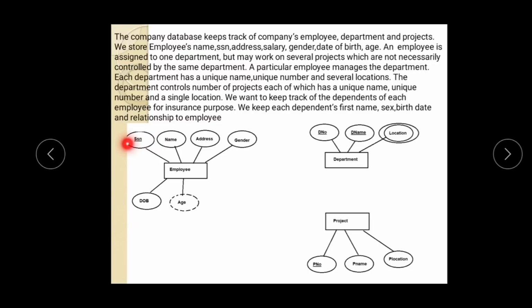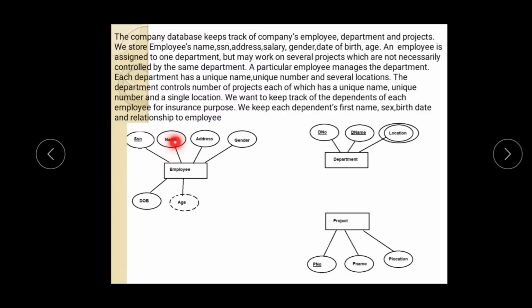So in the question it may not be saying that SSN is a unique number. Such statements will not be there. Sometimes it may be there. If it is not there, you have to understand that SSN or such numbers, like serial number, roll number, etc., are actually unique in nature. So such unique attributes must be represented by an underline. Okay. Next, name,